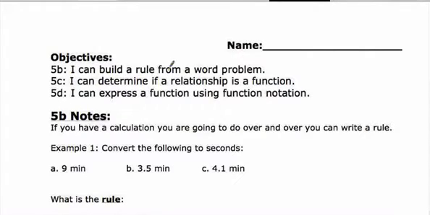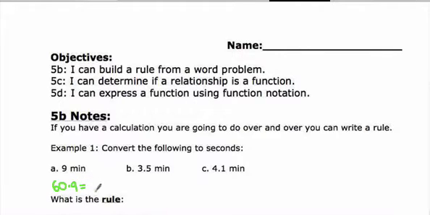I can build a rule from a word problem. So if you have a calculation that you're going to do over and over, you can write a rule. So for instance, let's do this problem here. Convert the following to seconds. So how do we take 9 minutes and turn it into seconds? Well, we know that there's 60 seconds in a minute, so we're going to times it by 9,